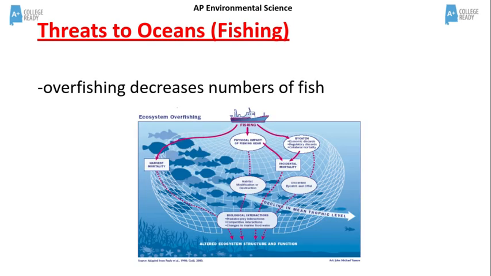A second threat to oceans is overfishing. This decreases specific populations of fish and reduces the overall biodiversity of the